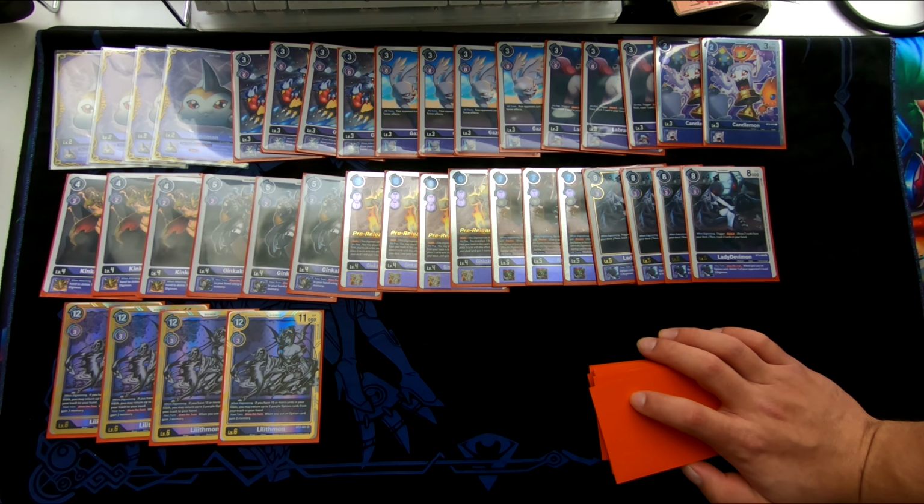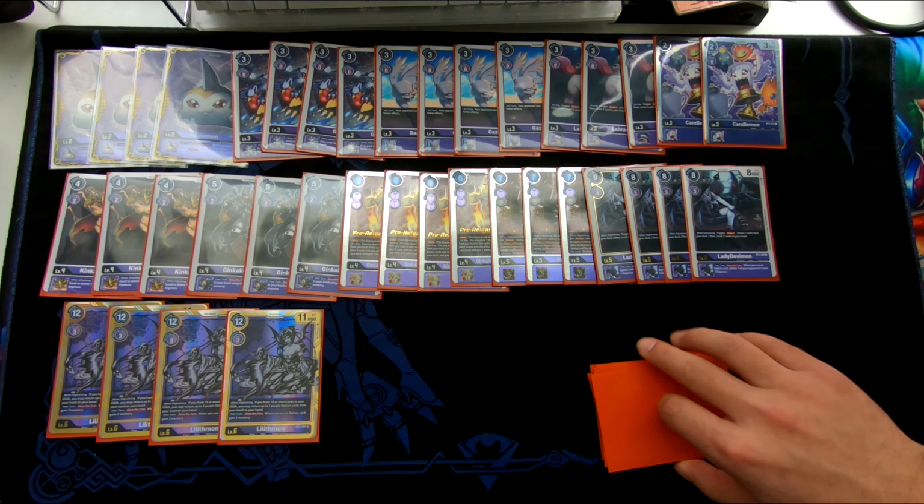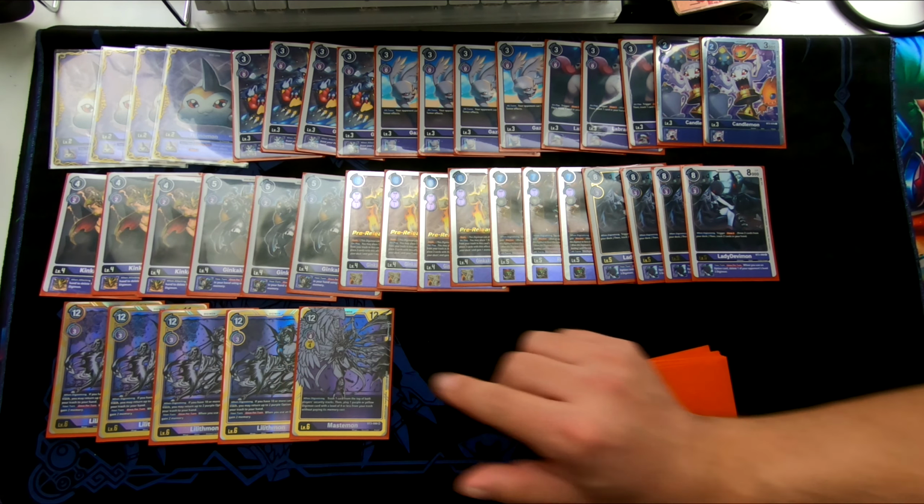You get 2 options when you evolve into it, and it just gains you memory. That's literally it. Just a memory abuser. The last mega we're playing, Mastemon,